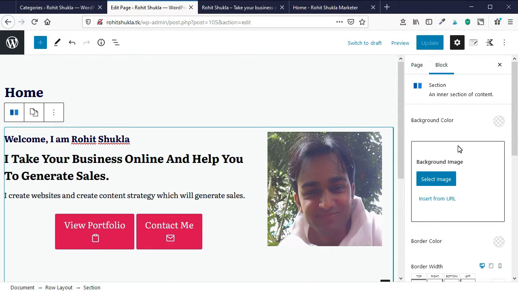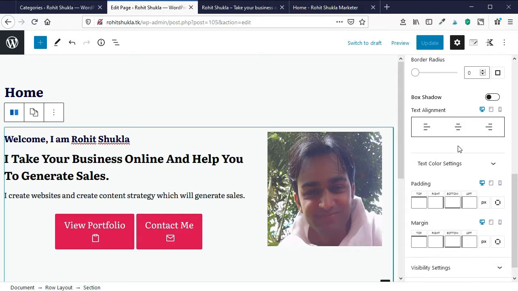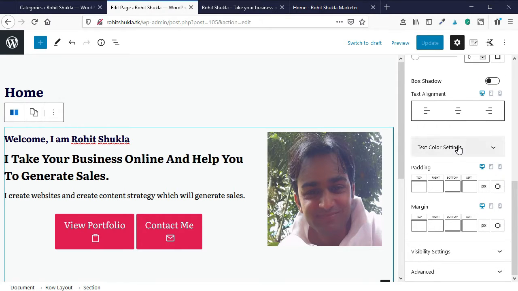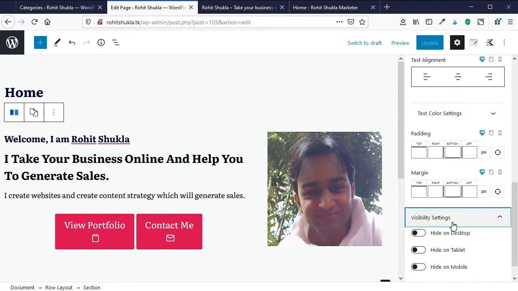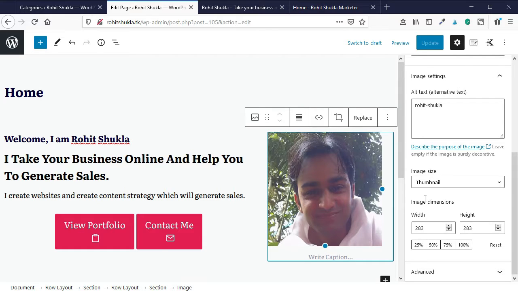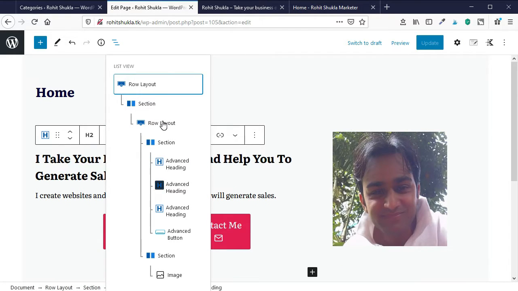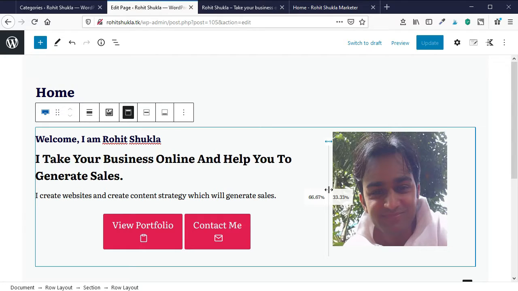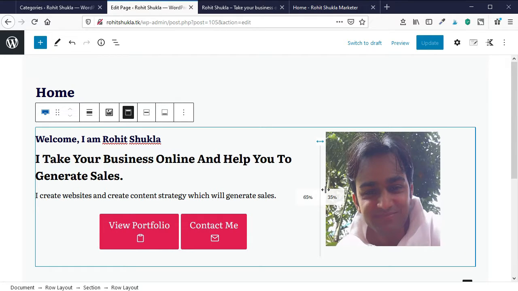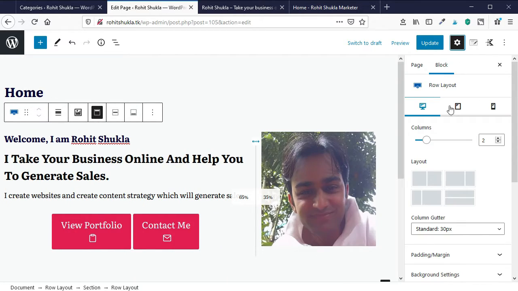Let's see if it is available here or not. Sometimes the option is available but you don't know where it is. So right now I am also searching where it is. Let's adjust the images a little bit and see. Now yeah, it is there.